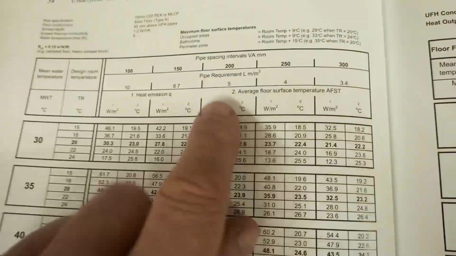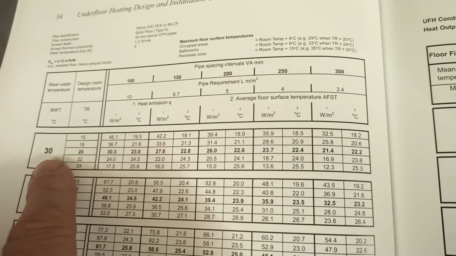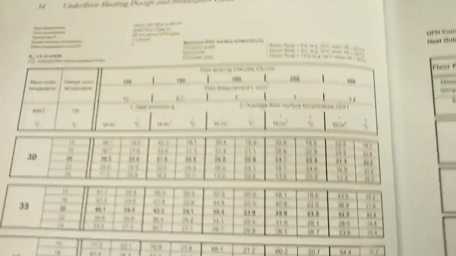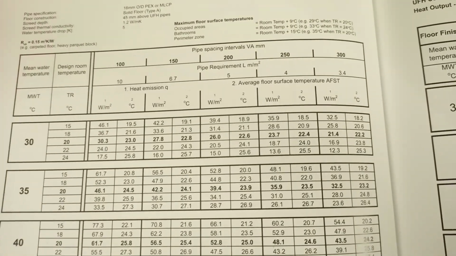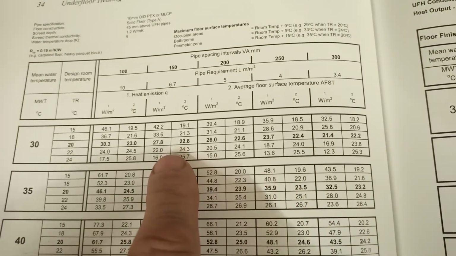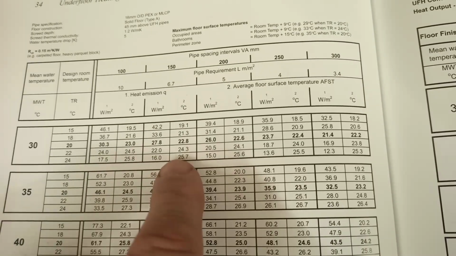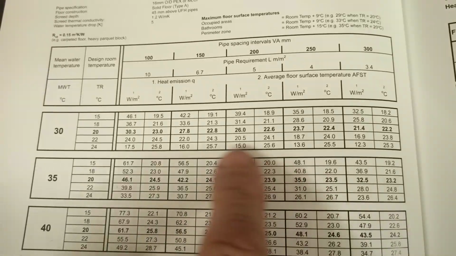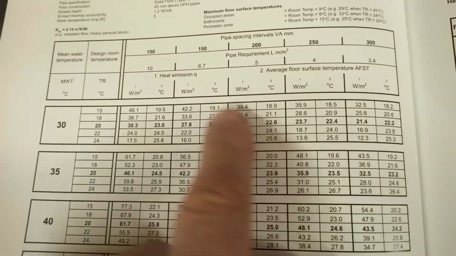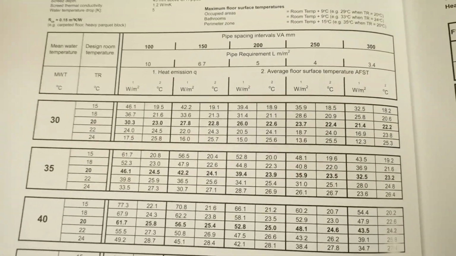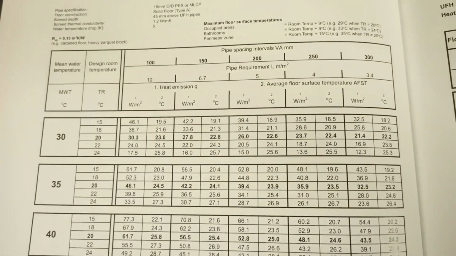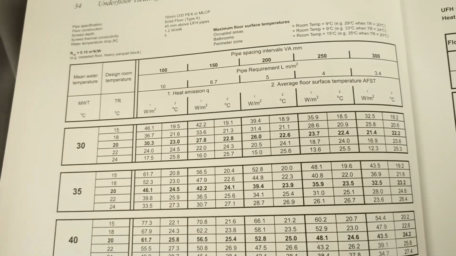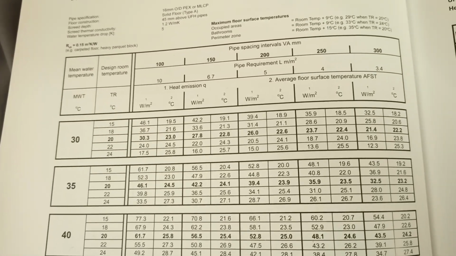but if you're not going to use controls that actually control your mean water temperature, then it doesn't make a lot of difference. If you're going to heat the boiler at 70 or 80, then who cares? You've wasted your time anyway. But if you're going to use good controls, like on Viessmann, Vaillant, ATAG, some of the boilers that can give you proper weather compensated outputs, or even compensation controls of other types, then we've really got to be looking at these pipe centres and getting them smaller. I'd like to see 100mm becoming accepted practice, but you never know.